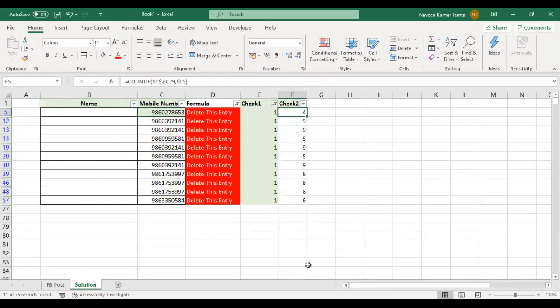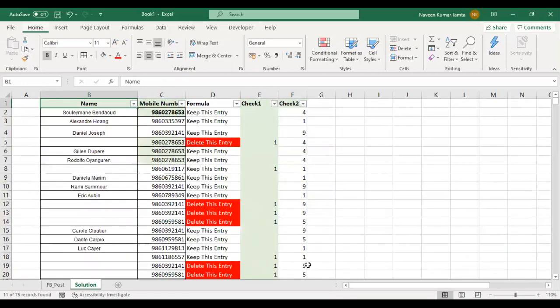This entry is falling within that range 4 times. This one is 9 times. This one is also 9 times. And all these values have no names mentioned here. So we can simply delete these values. Such kinds of situations keep coming in our day-to-day life. So by applying this logic, you can sort this problem out.